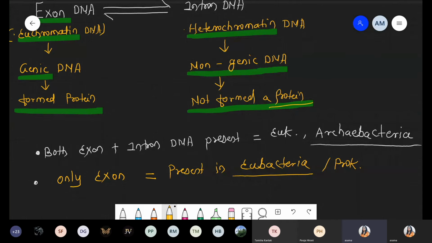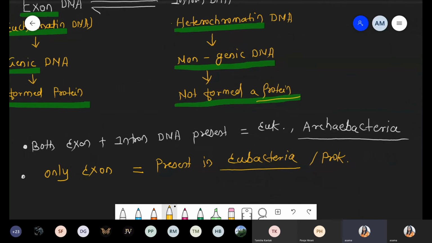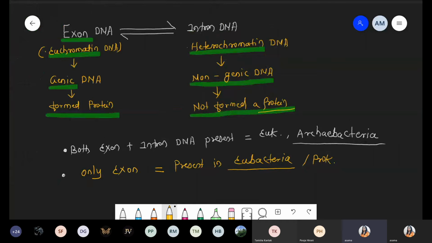What is the meaning of eubacteria and archaebacteria? Please revise the 11th standard part, second chapter, Biological Classification, Kingdom Monera, because we already discussed detailed information about eubacteria: gram positive, gram negative, cyanobacteria, mycoplasma, actinomycetes, and archaebacteria. Under archaebacteria, there are three types of bacteria. Number one, methanogens. Number two, halophiles, which survive at high salt concentration. And the last, thermoacidophiles, which survive at low pH and high temperature. Got it? We already covered this part, so just revise the 11th standard.